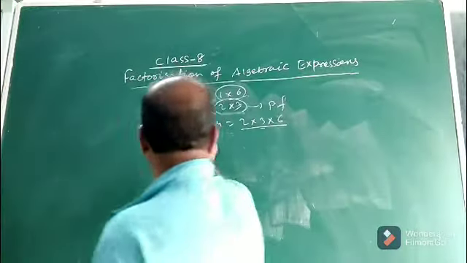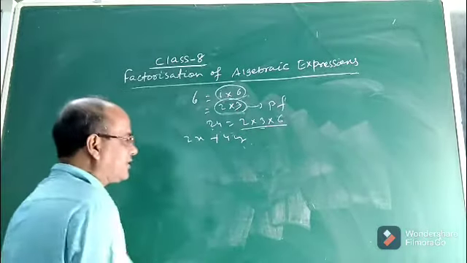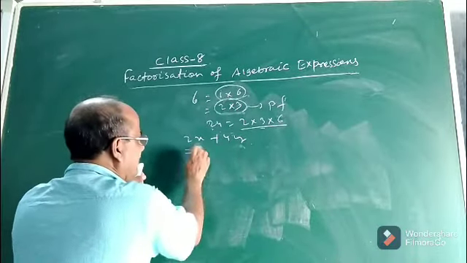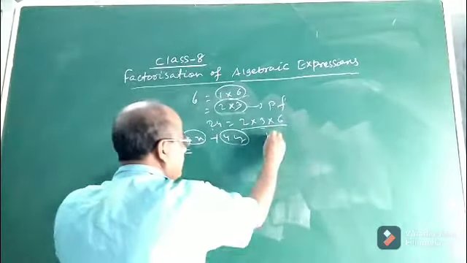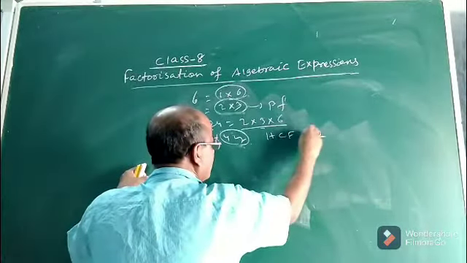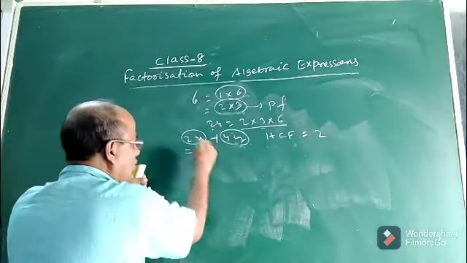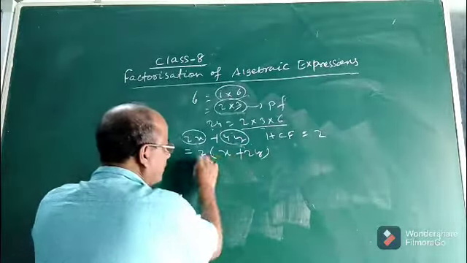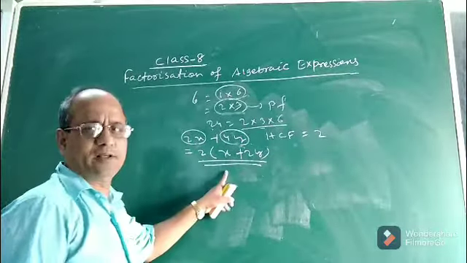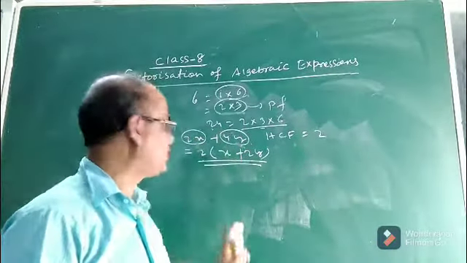Okay. For example, suppose 2x plus 4y. Look at this algebraic expression. Now to factorize it, you find the HCF of 2x and 4y. So HCF of this monomial and this monomial will be 2. So take common 2. What will remain here? x. And what will remain here? 2y. So 2 into (x plus 2y). See, this will be the required factorization of this algebraic expression or binomial 2x plus 4y.